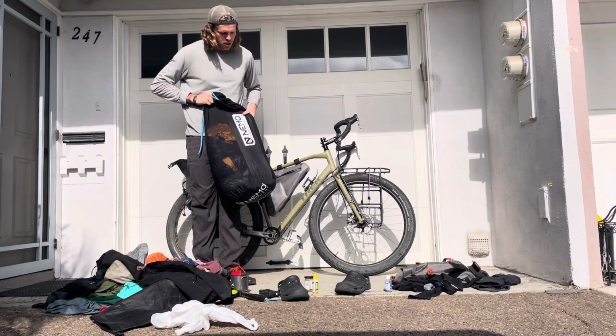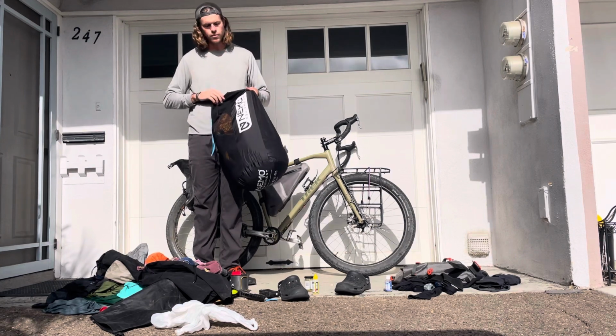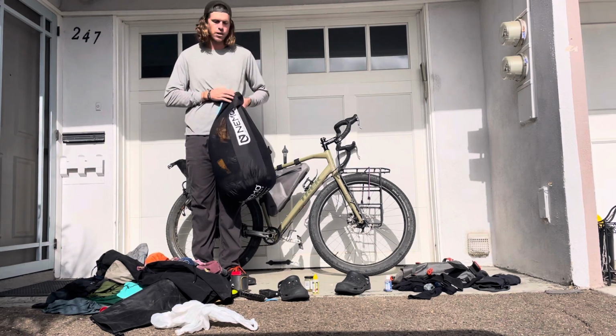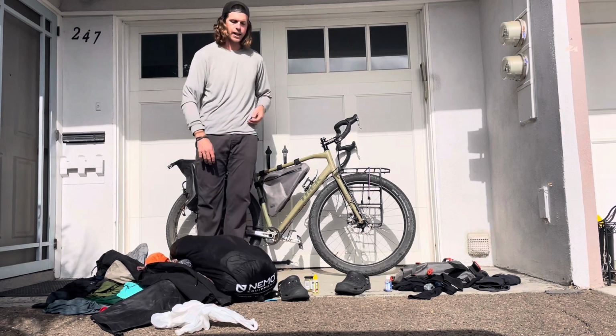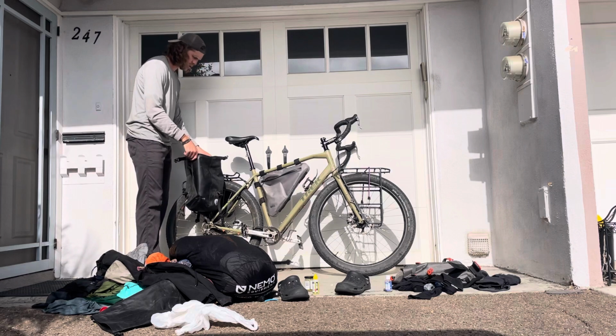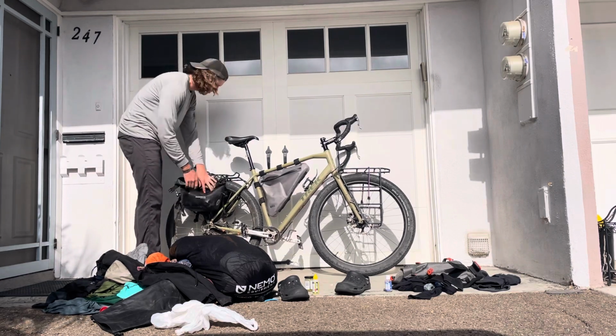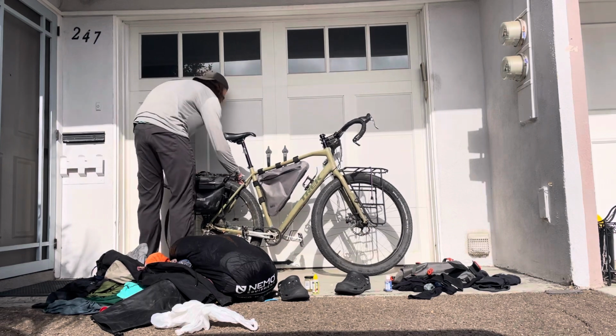I have a Nemo sleeping bag. Can't remember the exact bag. I think it's a 0 degree bag. It is mummy, but it's got extra room in the chest. I love that bag. It's awesome. So, and that was it. That was the only thing in this pannier that took up the whole thing. And then on the other side,